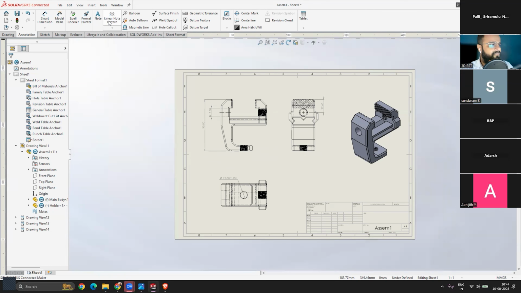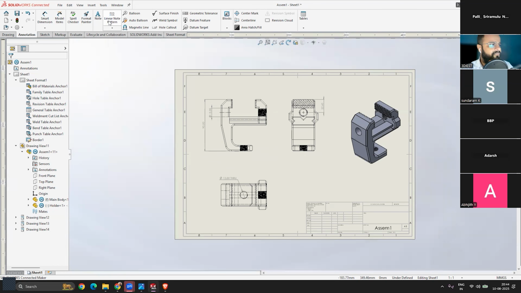So you can align these balloons so anyone can easily read them. You can align it appropriately around empty spaces, so anyone can easily read that. So this balloon denotes that this is the first part file and this is the second part file, right? So we'll move this view a little bit towards the bottom. So we are keeping this corner space empty. We'll show you why. Right.